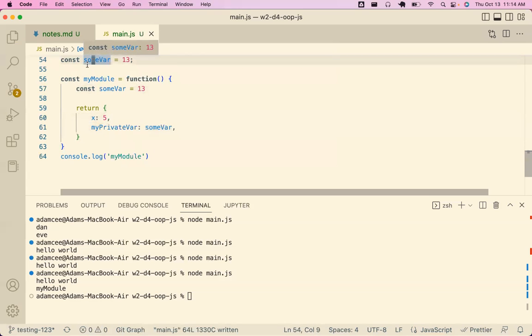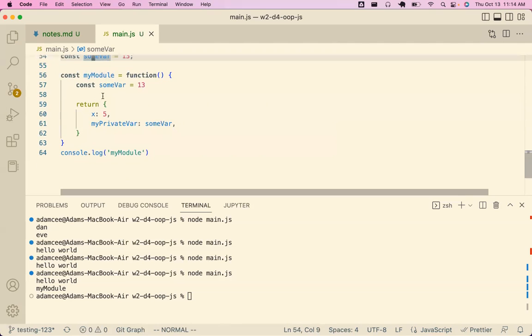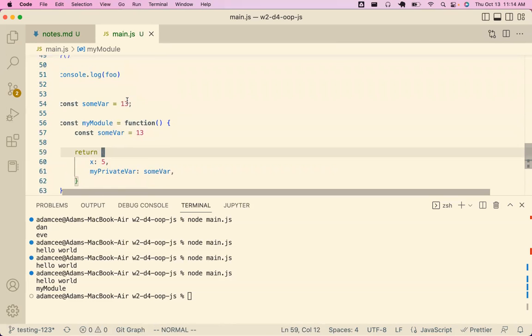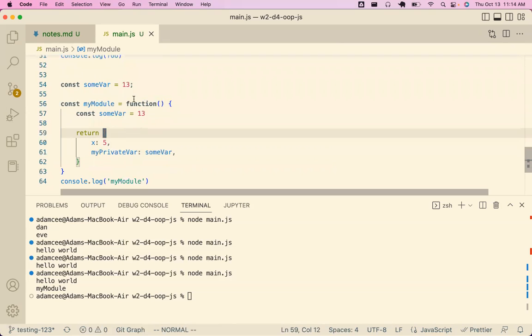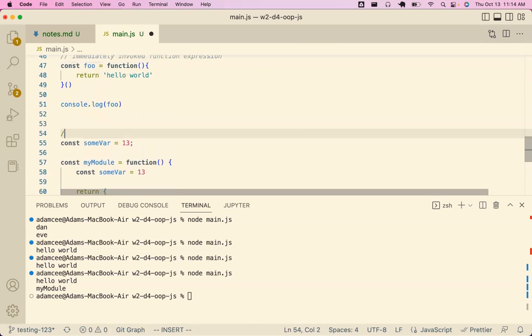I can have another variable with the same name that exists outside the function in a different scope. And this is what we would call a module. And in fact, I think this is how JavaScript does classes under the hood, and the class keyword is just a little bit of syntactic sugar. I'm not 100% on that, but